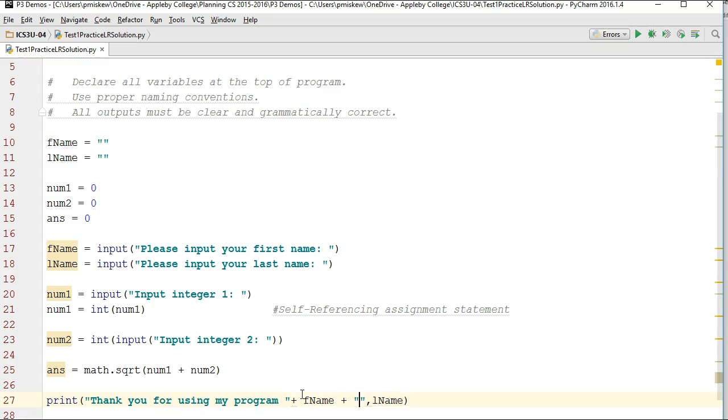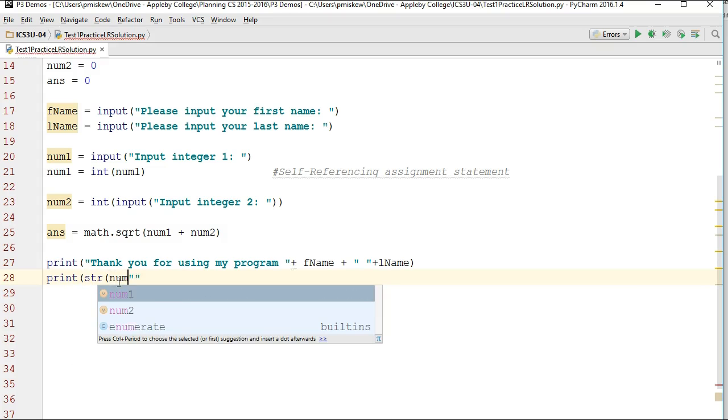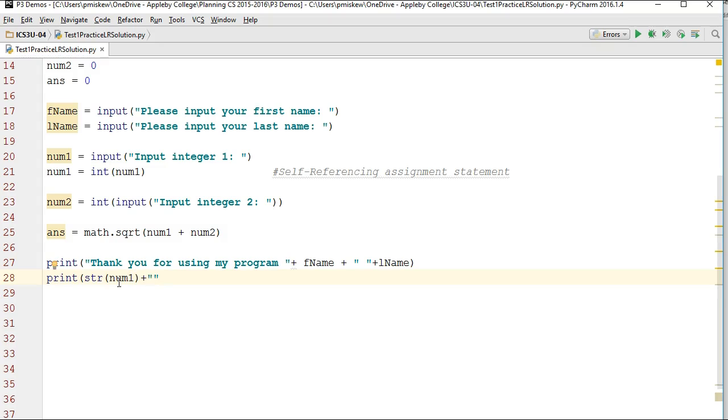First name, and then we're going to cast num1 back to a string so that we can use it in an output. And we're just simply going to say, actually, let's put the square root of num1 plus num2 is